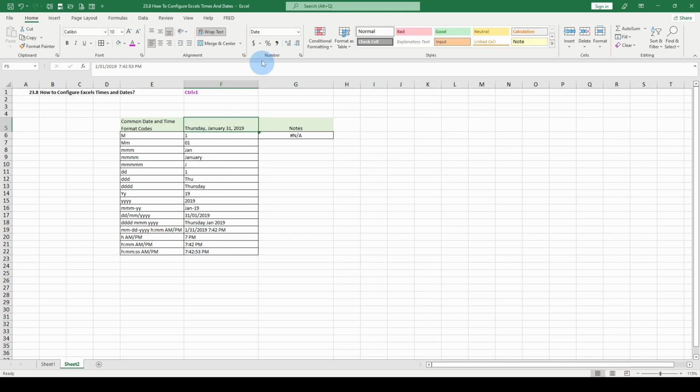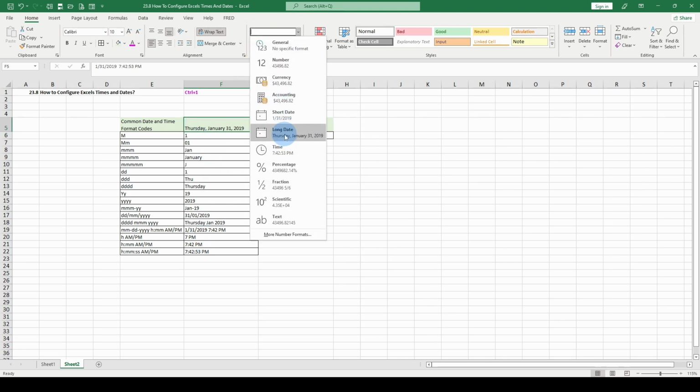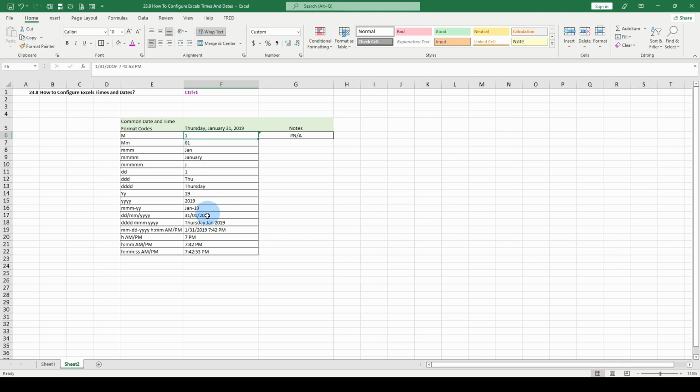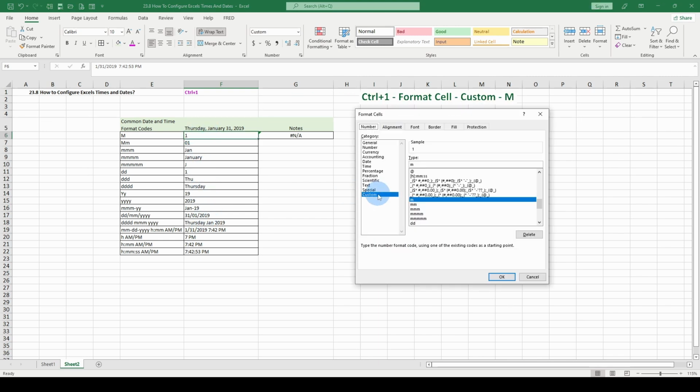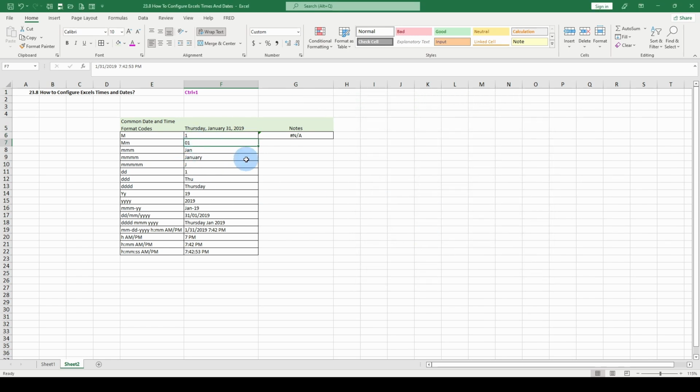This is the current format under date, and this will be probably long date. We don't want to go into long date. We want to break this up. This is how we do it. Hit Ctrl+1, go to custom, and hit M. Hit OK. In the background, you're going to see that the date is set, but we can reformat based on